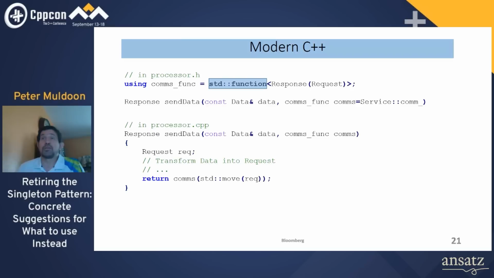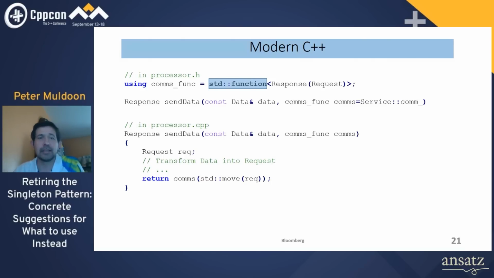So I use a virtual function there, and in modern C++, virtual functions seem to be more frowned upon these days. So I was asked, what if I wanted to do it in modern C++? Well, that's pretty easy. All I need to do is declare a std::function that again takes the same kind of signature as my